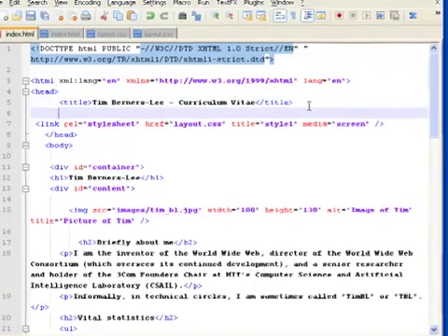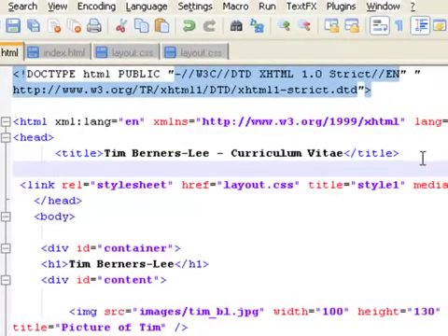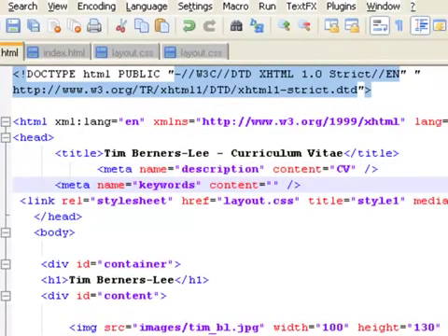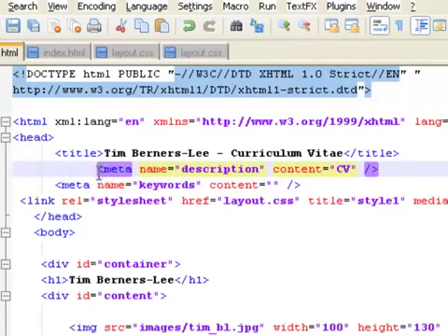So straight under the title information in the head section, I am going to put in a couple more tags, and the tags I'm going to put in are the meta name tags, which give me the descriptions of the page, and the description is just a CV because that's all it is, and the meta name keywords, and I could put the keywords in, which could be Tim Berners, CV, information about me,